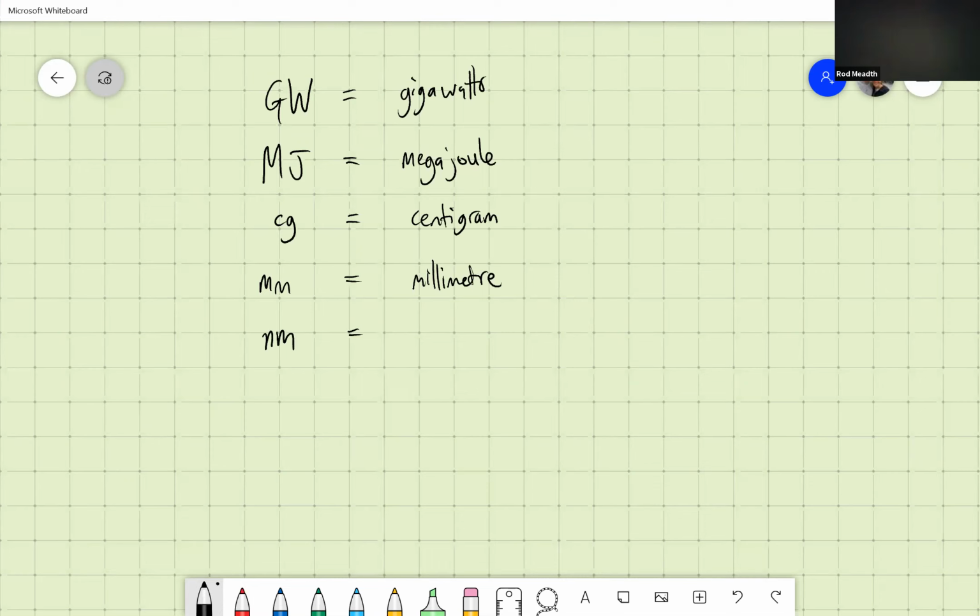nm is a nanometer. Nanometers are what we measure, like the wavelength of particular frequencies of light, for example. Lowercase k, uppercase N is a kilonewton. In other words, 1,000 newtons of force. And then